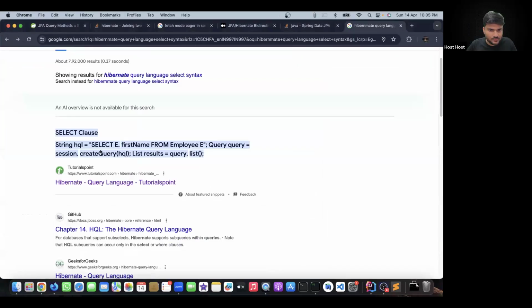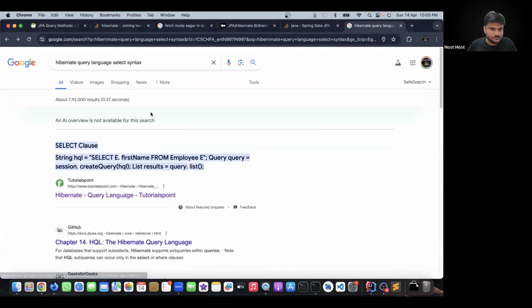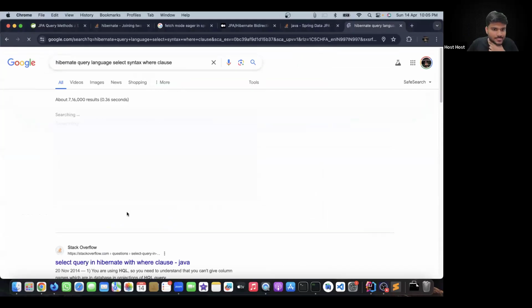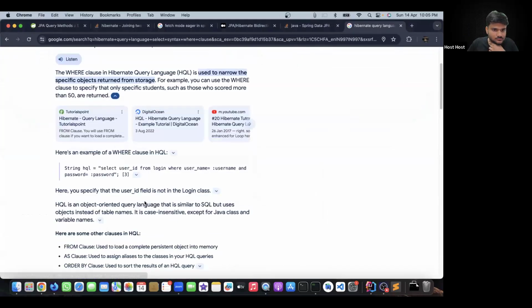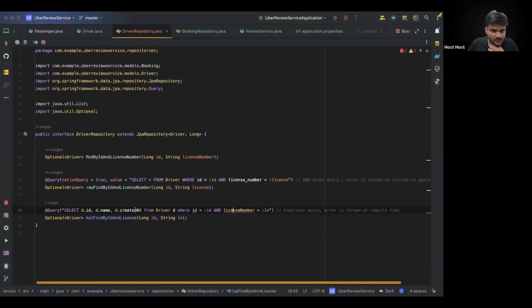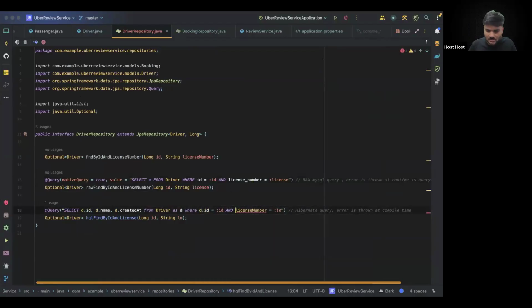If you go here, or maybe we can do something like this. Where clause. Okay, where clause. So you can do something like this. Select this from username and password. Okay. So you can say driver as D and D dot ID is equal to ID and D dot license number as LN. Now, if you execute the code,